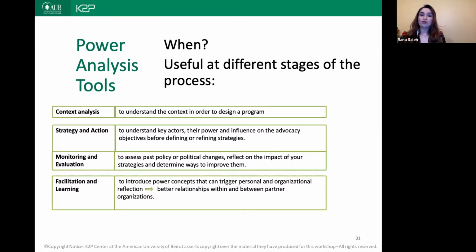So if you knew before that at least 5 stakeholders were in opposition, and at the end of the campaign, you had 3 in opposition, then you would know that those 2 are actually now allies because of your campaign. And that's how you would know the impact of your campaign. It also helps you re-strategize.